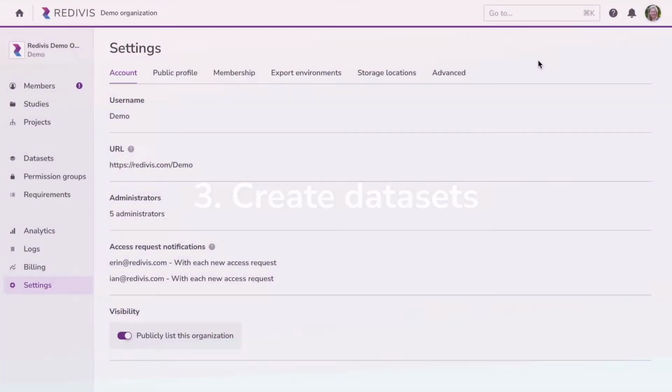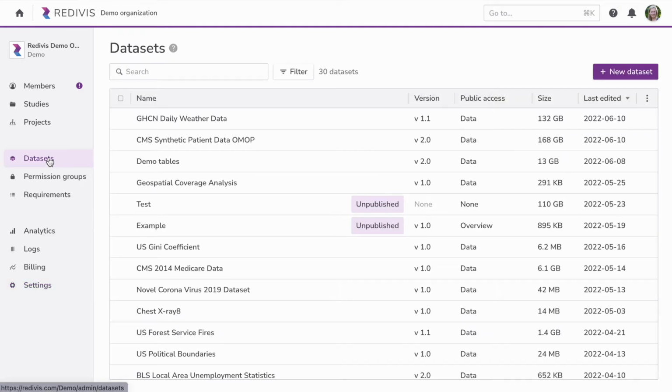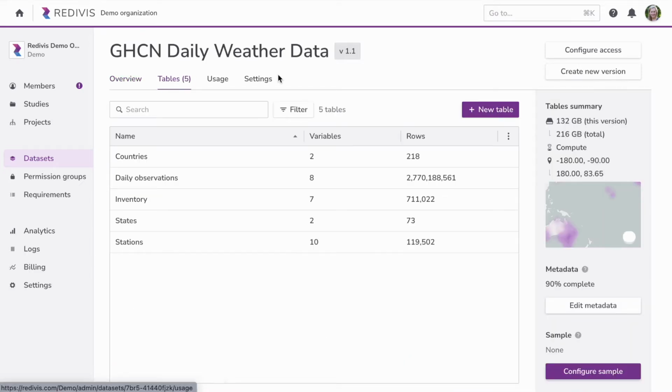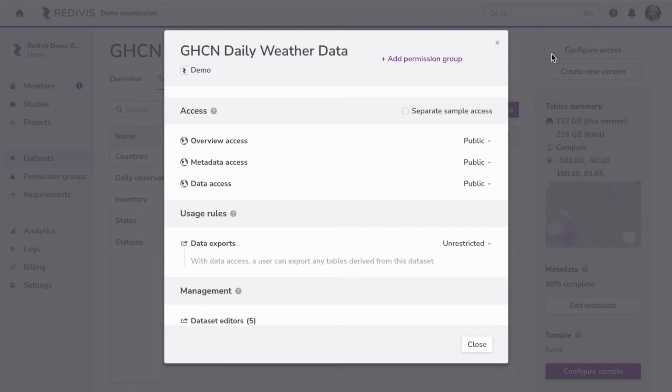You'll need to create datasets to upload and distribute data to your researchers. You can create datasets from the Datasets tab of your Administrator panel. It's worth thinking through your broader data management strategy before getting started. Consider what datasets you'll want to create. Datasets on Rediviz are made up of one or more semantically related tables, and each table can contain data from one or more uploaded files. Moreover, all permissions happen at the dataset level, so if you grant a user access to a dataset, they will have access to all of its tables.